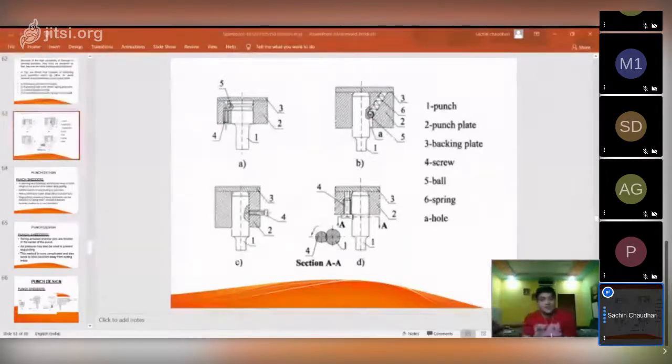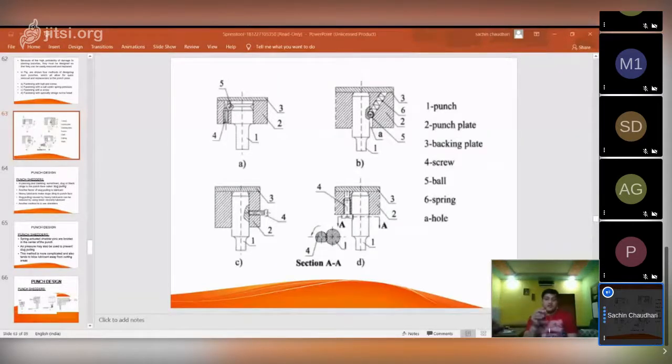Okay, then C is your fastening with screw. Okay, so this is a simple arrangement where only one screw is given. So this punch screw arrangement you can use for the simple dies, जसं की आपण your simple punches मध्ये बघितलं. In that case the punch is fastened directly on the ram of the press, because it is a simple type of punch, and it can be directly fastened with the ram with the help of your screw or other arrangement.